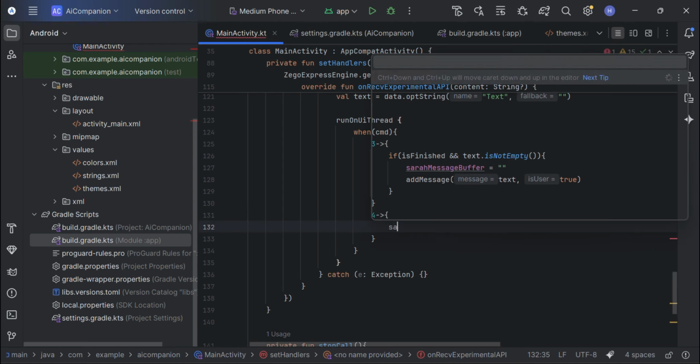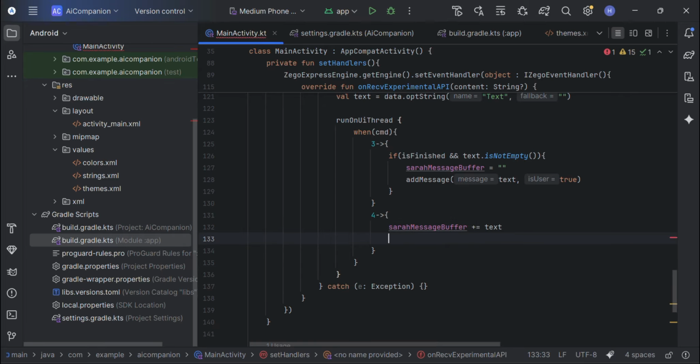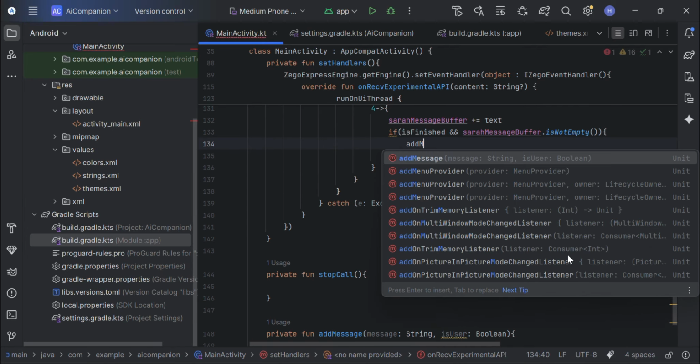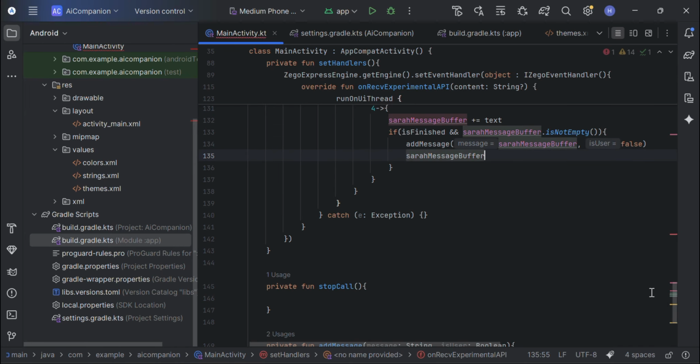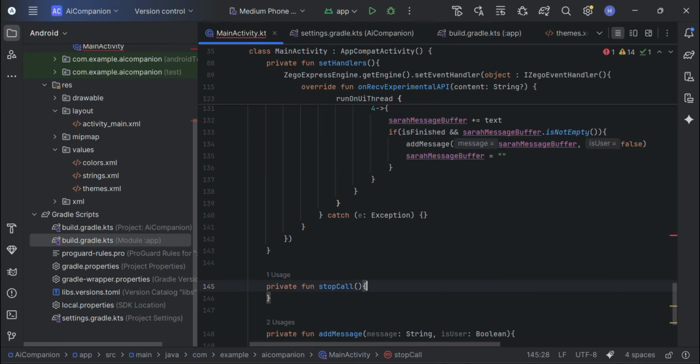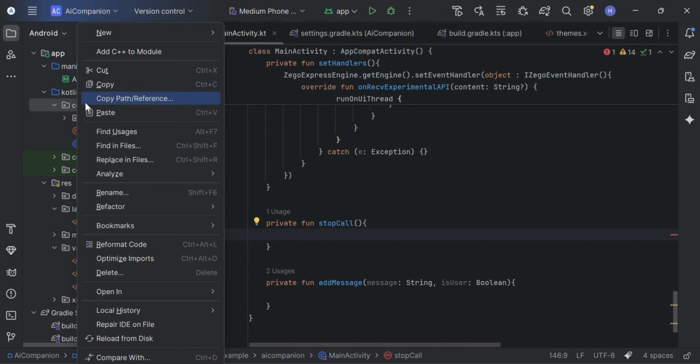Now CMD4 is for Mara. As she speaks, we append every word to our Mara message buffer. When she finishes her sentence, we display the complete message and reset the buffer. Now, before we create the stop call and end message functions, let's build our second and last Kotlin object file,